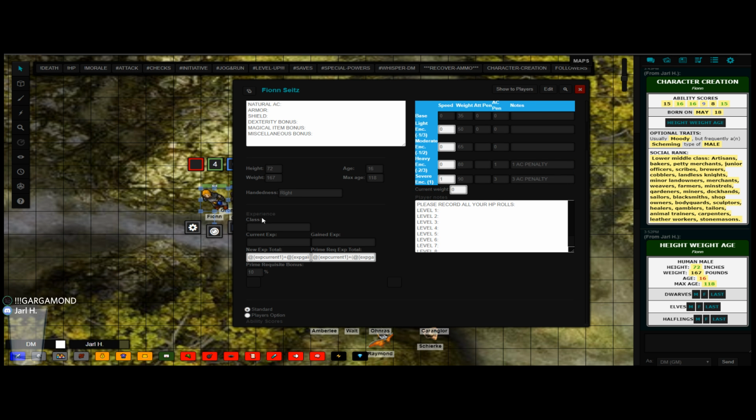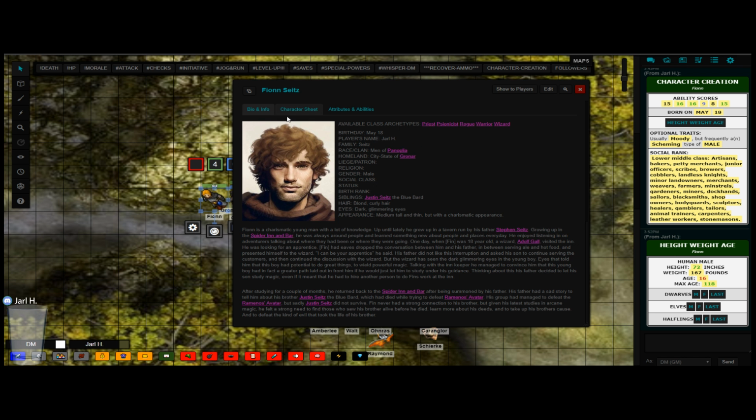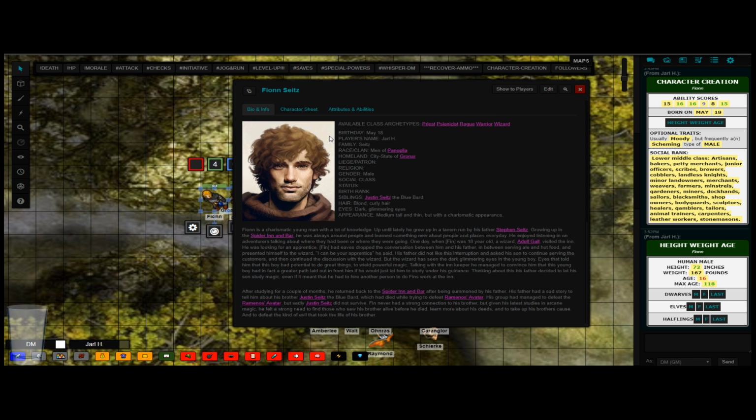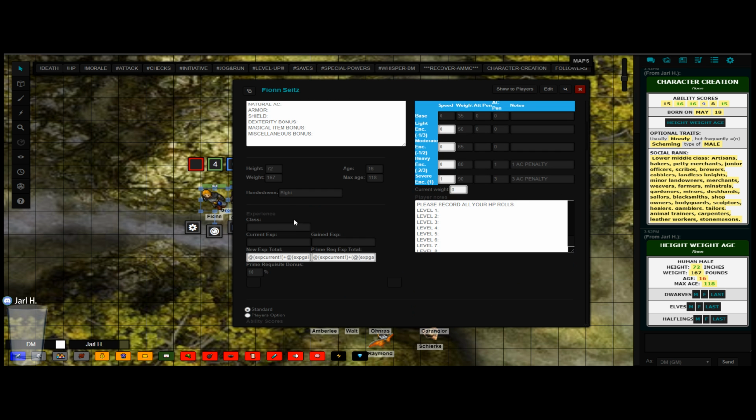So the basic things. Okay, so optional traits, usually moody, but frequently scheming type of male. What's scheming? Scheming. Okay, so I see plotting schemes. Okay, I see. Yes. Okay. Moody. Well, if that's optional traits, I can be a moody male. Yeah. Scheming. Well, I'm not sure if it fits, but anyway. So where do I fill that in? Is it traits? Is it under attributes and abilities, or is it still under